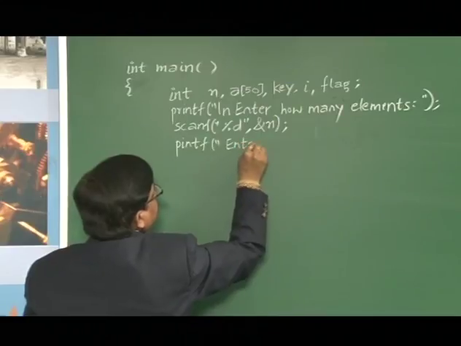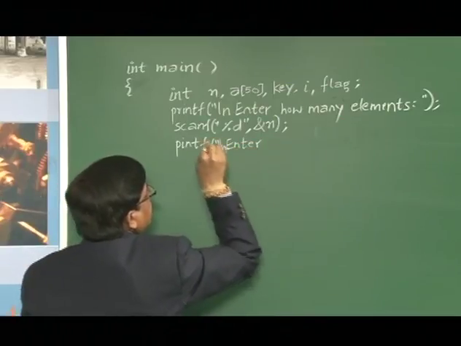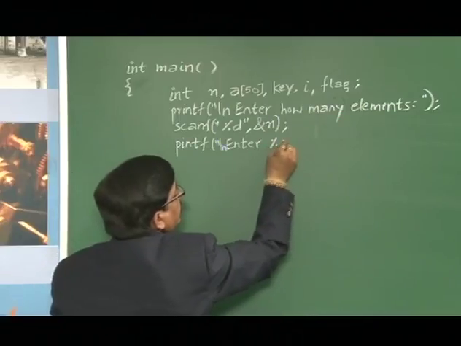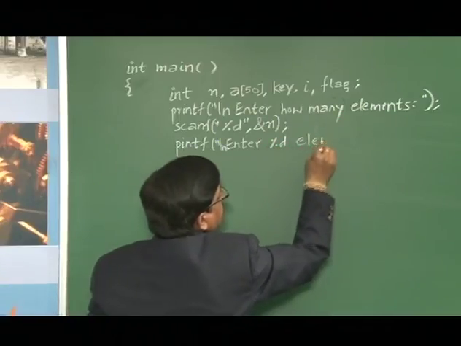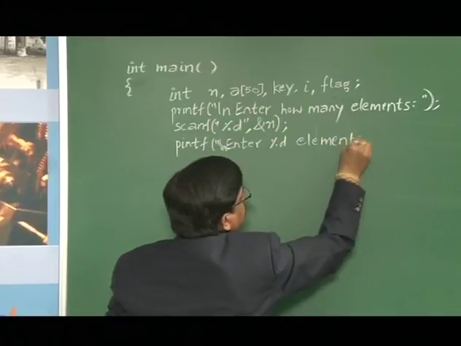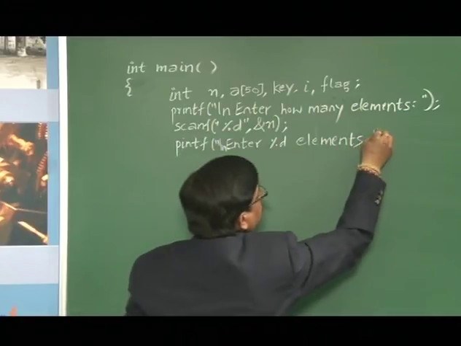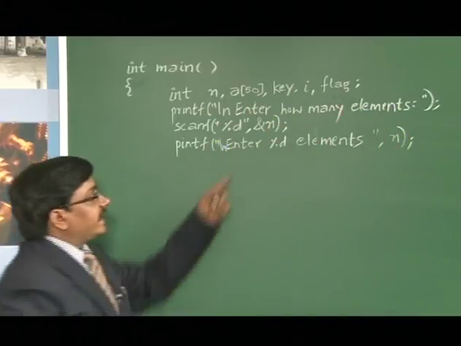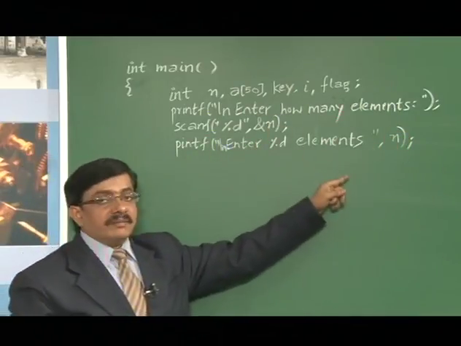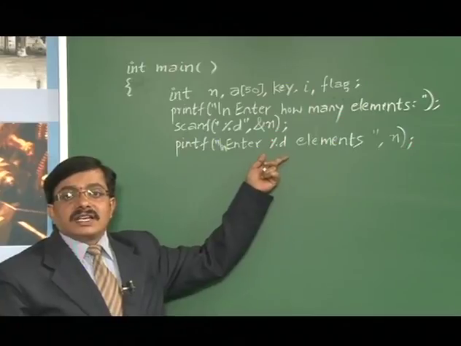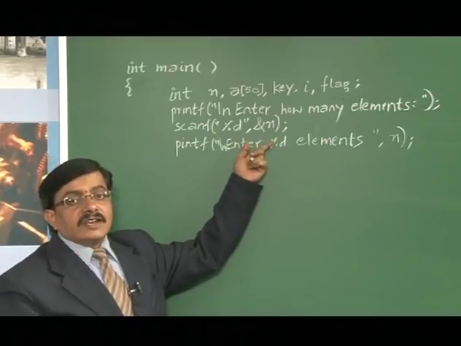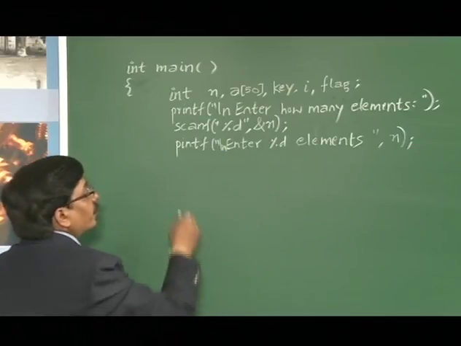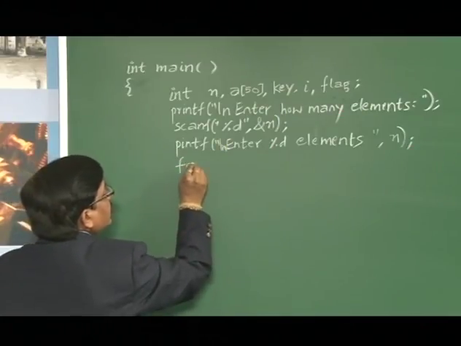So try to use the \n, \t, all these things for proper formatting. Enter %d elements. So here, if the user has entered the value 10, then it displays "enter 10 elements". If the user has entered something like 15 elements, as the value of n, it will display a message like "enter 15 elements". Now we are supposed to read the elements, and we know that using the looping construct, we